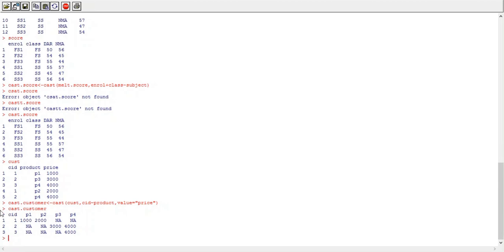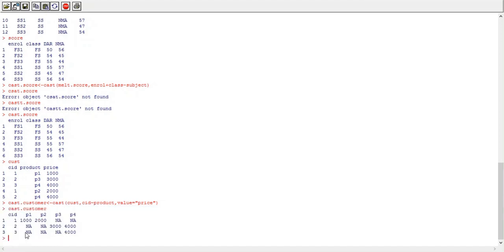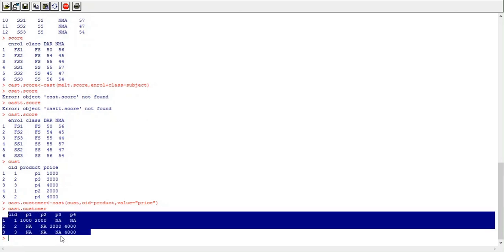But now if you carefully look at this wide data frame, it consists of lots of NA values, which is a wastage of space, and we don't want so many NA values in our data frame. So sometimes it is beneficial to store data in long format to avoid NA values. If you create this wide format to store this type of customer data, there will be a wastage of memory space, because you need to insert a number of NA values.